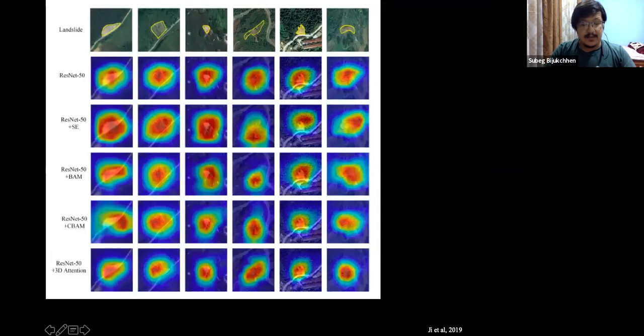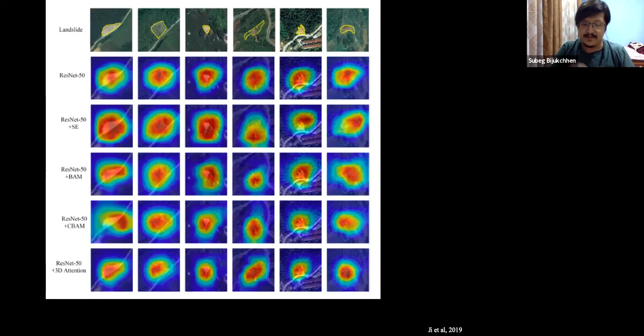So what you can do is, this is a paper from a Chinese researcher, Jin et al. 2019. What they did was they made some computer modeling. First, they took some satellite pictures, they marked the landslides, and then they asked the computer to check what is the difference between the whole area and the landslide. And they trained the model. Okay, and it's not like training a person, it's like training your computer program. So they trained the computer model to find out